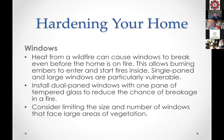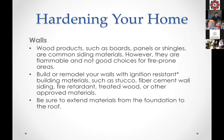And also, having dual pane tempered glass is going to save you a lot on heating and cooling bills too. We all like that, especially with things getting hotter. Okay, in general with walls,